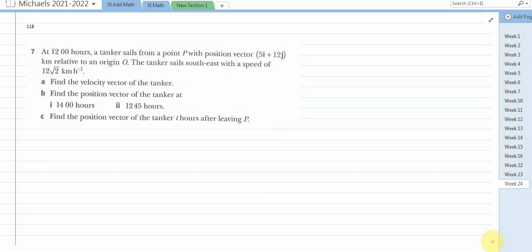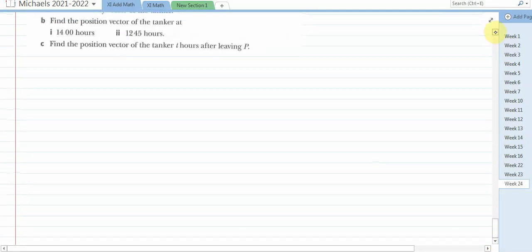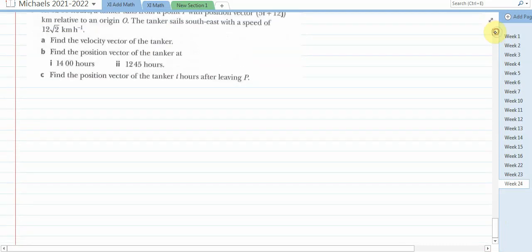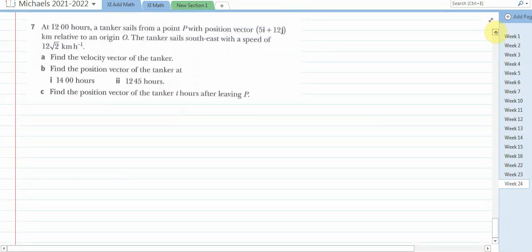Alright class, in this session we are going to continue the topic vectors. In the last class we had discussed how to find the position of a vector when the distance is due to the velocity, right? Next, question number 7, it says at 12 hours our tanker sails from a point P